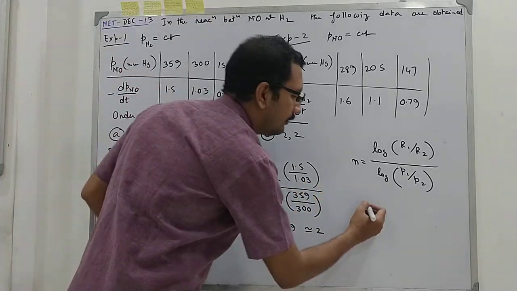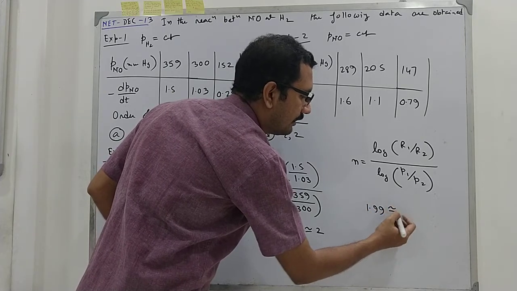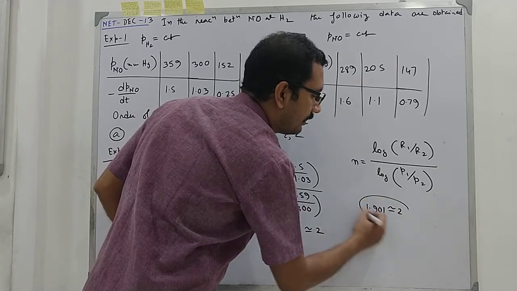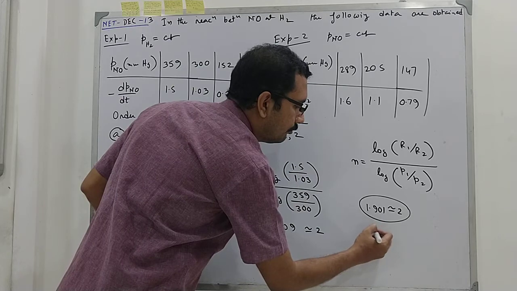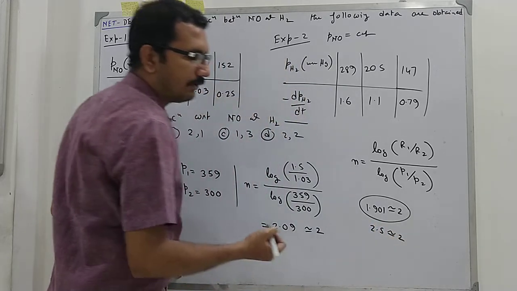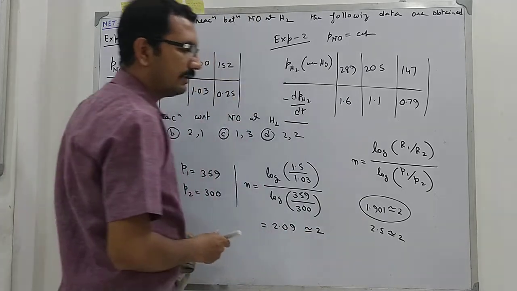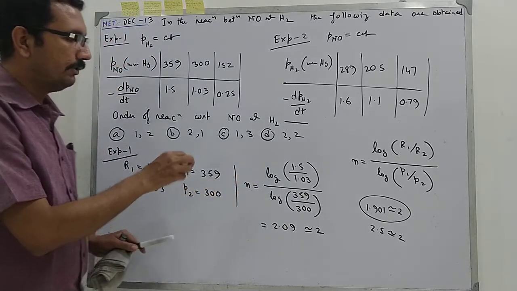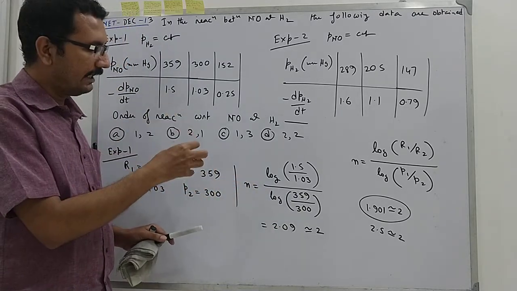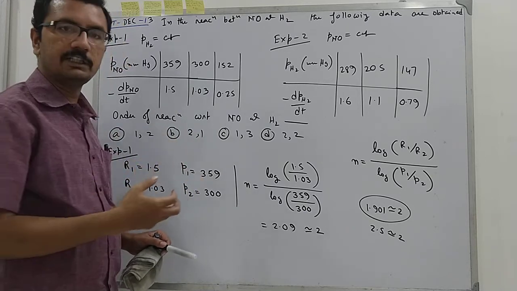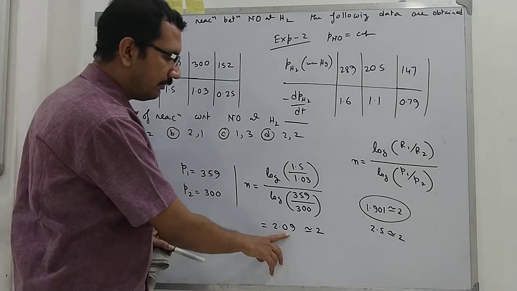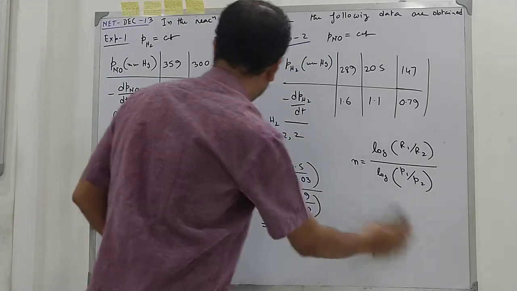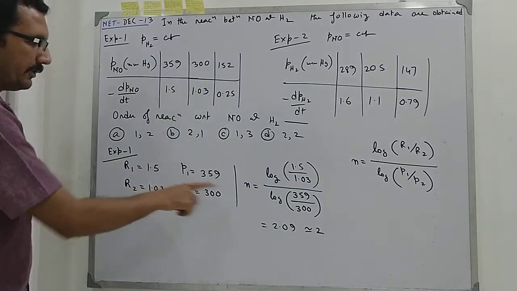And if you get 1.99, or 1.901, say, you take it to the nearest integer 2. But when you get 2.5, don't take it to the nearest integer. It will be 2.5, since order may be fractional. But this fraction is appearing in this expression due to error in the measurement. We know that every measurement process is associated with an error. So this can be ignored, and actually this order is 2.